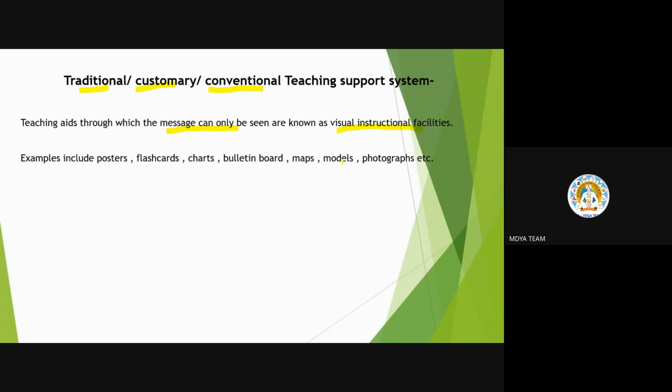Like in this class, you are able to listen to my voice and also see the PPTs. Okay, so this is an audio visual instructional facility. But in a class, if the learner is able to see only the message through some visuals, they are only able to see that message, so that is known as visual instructional facilities. Examples: